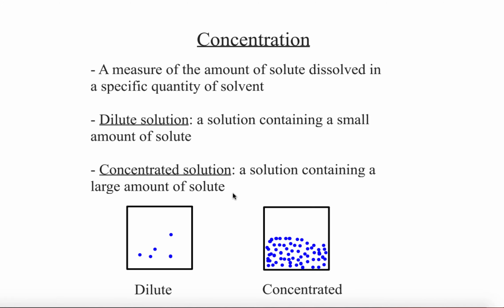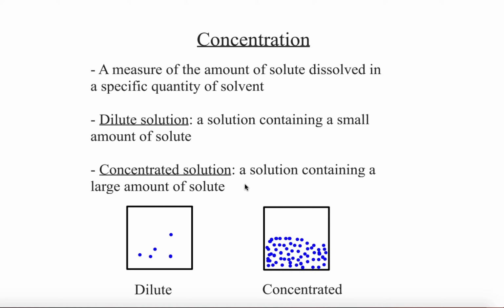Concentration, when we talk about a solution, essentially tells you how much solute, the substance that's going to dissolve, is dissolved in a very specific quantity of solvent. So it kind of tells you the strength of your solution. You've got two types: a solution that's either dilute or concentrated. A dilute solution is one that has a very small amount of solute, while a concentrated solution is one that